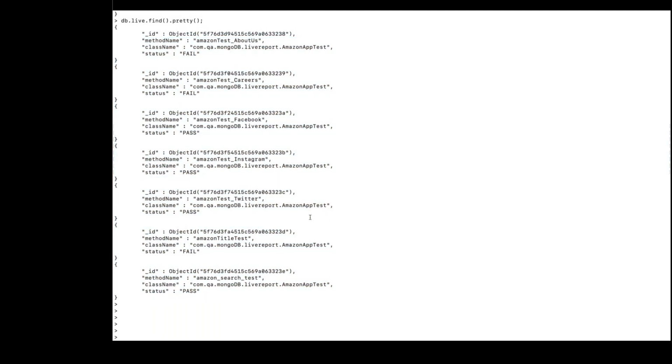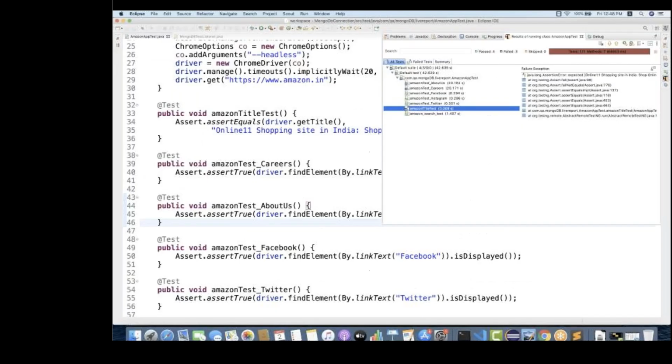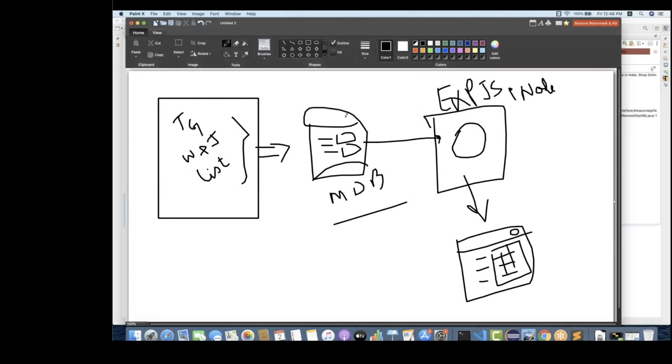Now the second part will start. It means we have to read the data from the database. So the data insertion part is done. The data got inserted. Now we have to fetch the data from the database with the help of Express.js plus Node, and we will publish one HTML report. I'm not great in HTML, guys. I mean, in terms of web designing, I know basics of Express.js and basics of JavaScript.